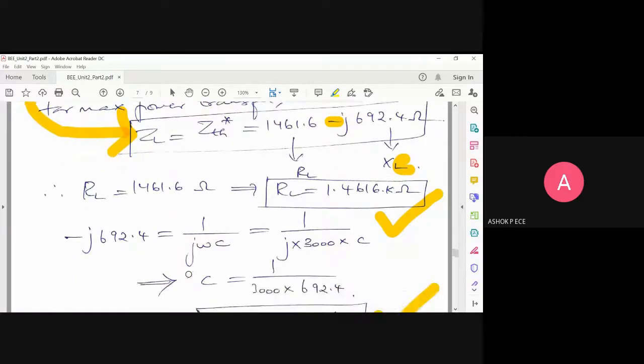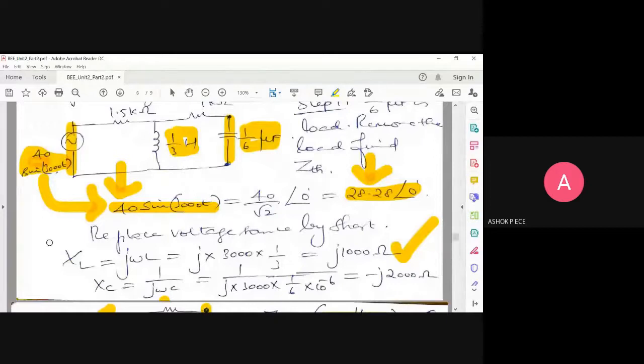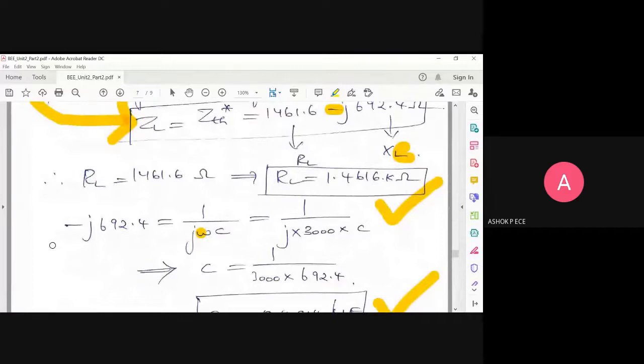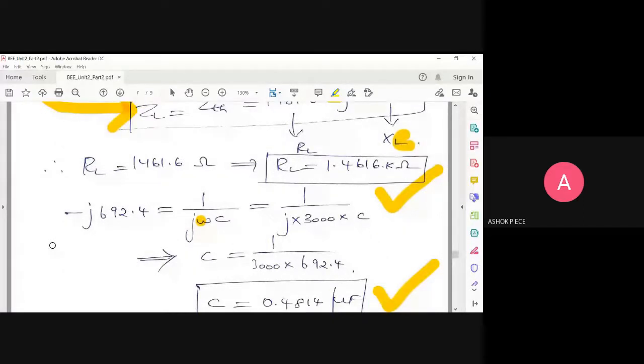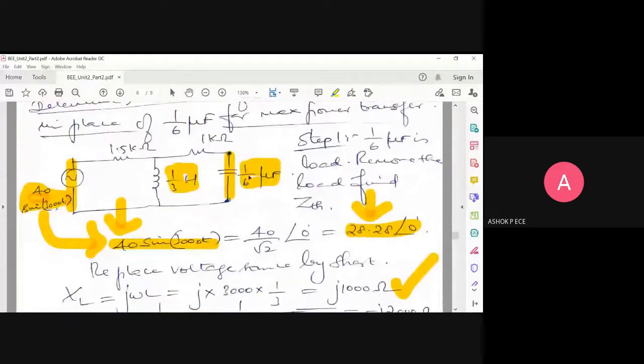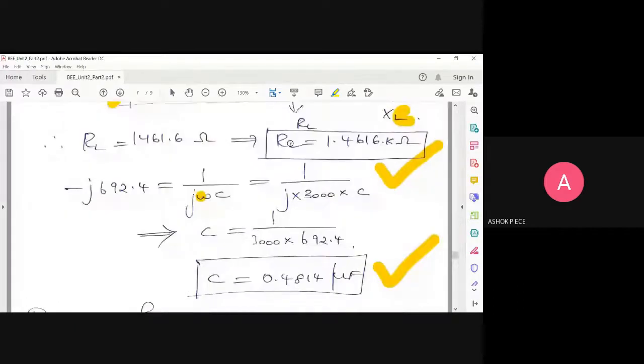And what is omega? Omega is given in the question: A sin 3000t. Omega is going to be 3000. In the circuit they have given in the question, maximum power transfer was not happening. That's why they asked what external component to add, if I remove this 1 by 6 microfarad, for maximum power transfer to take place. The solution is to remove the 1 by 6 microfarad and add this RL and C in series in its place, and maximum power will transfer from source to your load. That is the understanding.